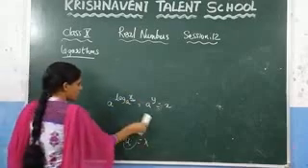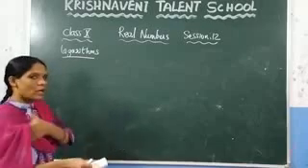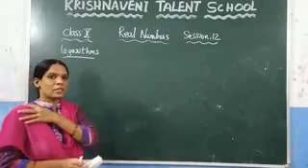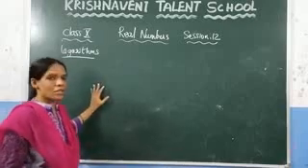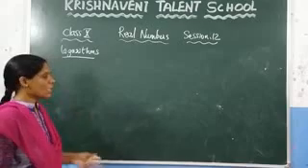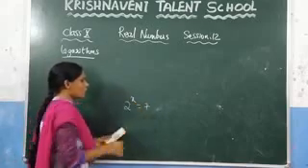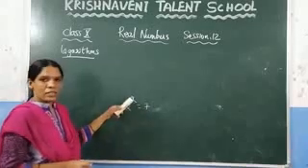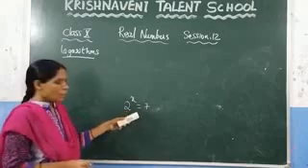Now this is about the logarithms. What we have discussed in the logarithms: if you are given the exponential form, if a power x is equal to n, then we can write it as log n to the base a is equal to x. Why? Because these logarithms are introduced. If you consider some conditions, 2 power x is equal to 7. Here we cannot find the value of x because we cannot write this 7 as a base 2.